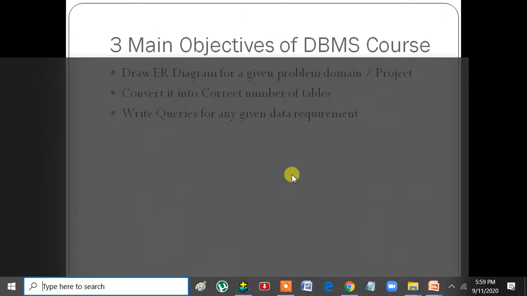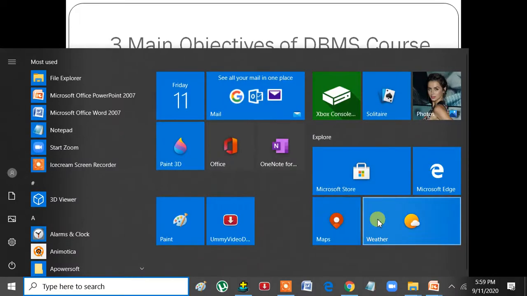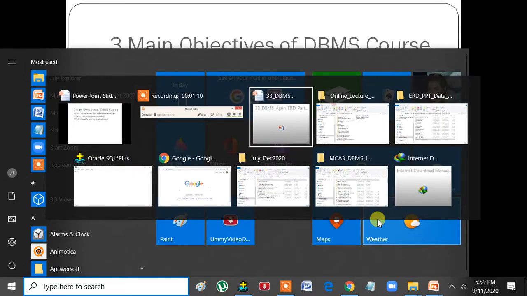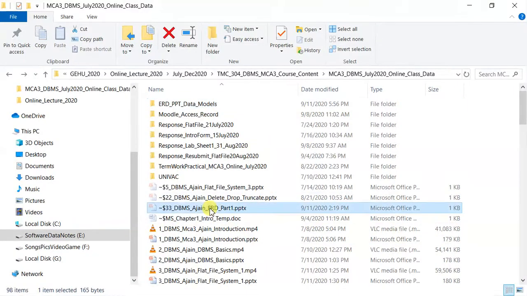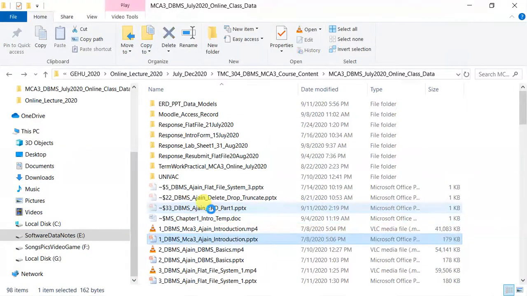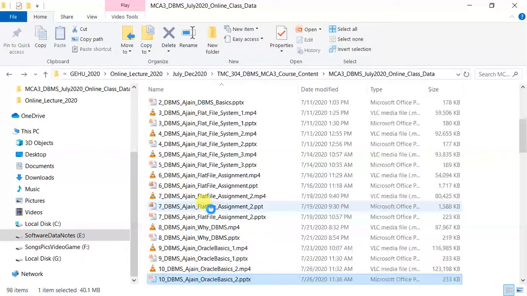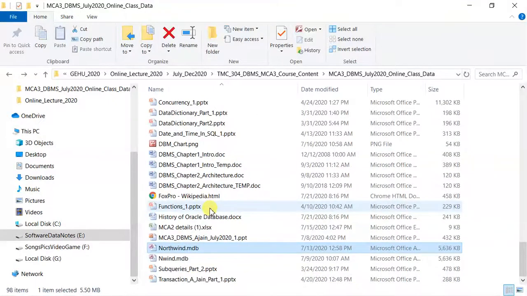You must be remembering from the beginning topic that in this subject we are studying creation of tables, SQL and all. So let me show you another example that we have seen earlier also.